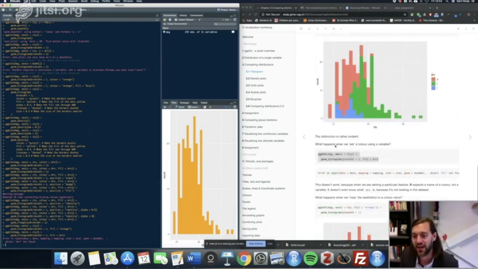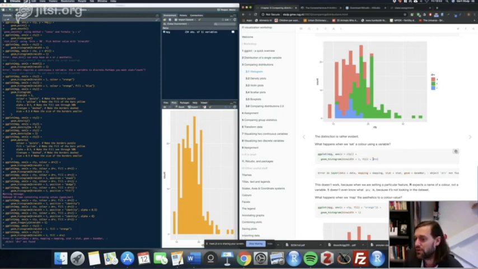only when you define this mapping of data to aesthetic attributes will it look for this variable in this MPG dataset. So only everything that is within aesthetics will be looked for in this MPG dataset. So here we say fill is drive, but it will not look for drive in this MPG dataset. But even if it were,